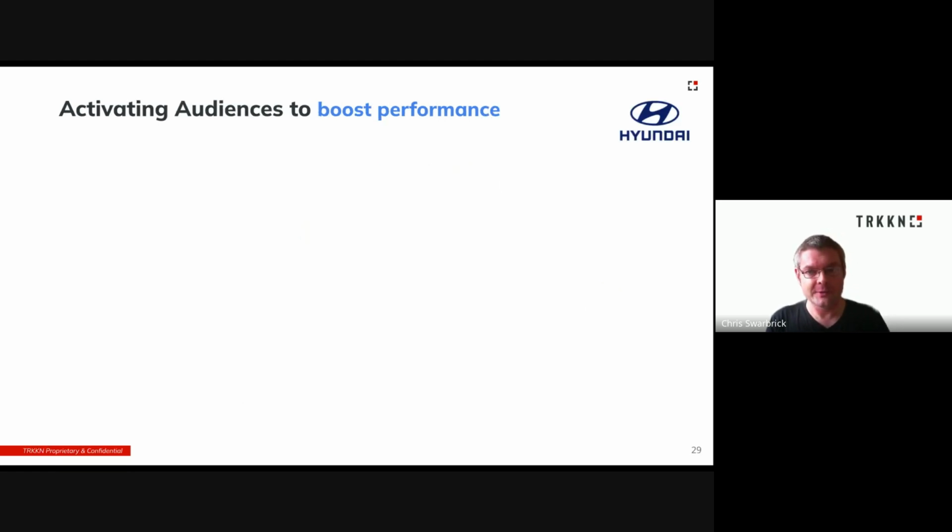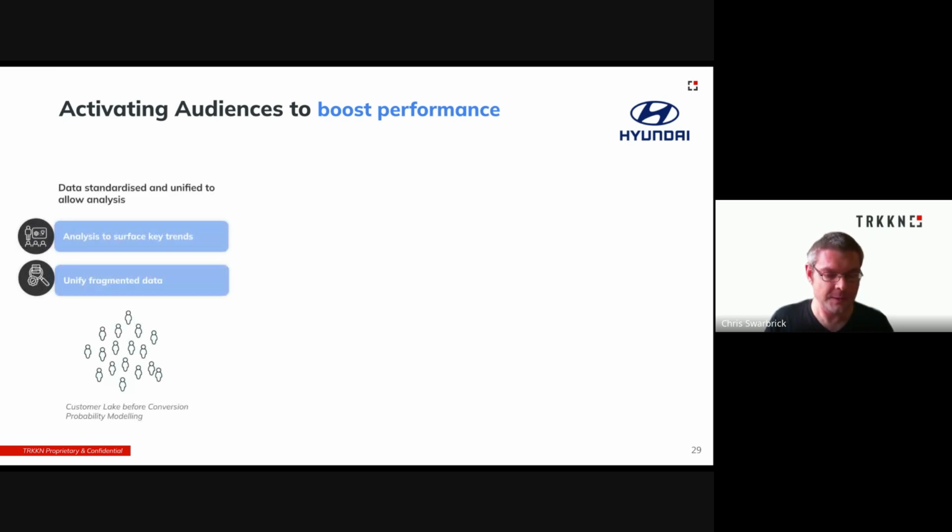And now we'll dig a bit further into the other use case. So this is creating customer segmentation of your visitors or customers to power more performant targeting. We're going to bring this to life with the work that we did for Hyundai. They faced the challenge of cost-effectively acquiring new customers, but they also had very fragmented touch points. Customers would come and research on their brand websites, but they also interacted with third parties, and they interacted with dealership websites, and of course, they also physically went to the dealerships themselves.